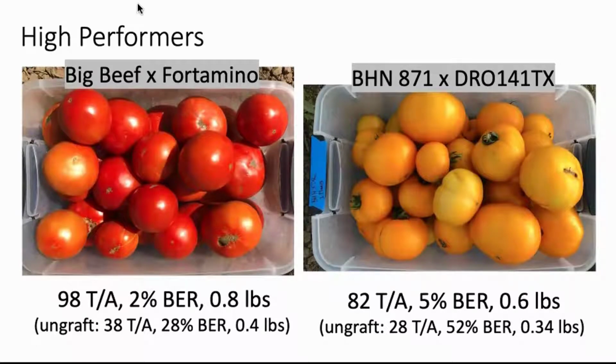So here we have Big Beef grafted onto Fortamino, beautiful, big, large tomatoes. When we grew Big Beef without grafting it, 38 tons per acre, 28% blossom end rot incidence, which is why it didn't become a top performer, and a pretty large fruit size. But when you graft it specifically onto Fortamino, very high yields, almost no blossom end rot, and a doubling in